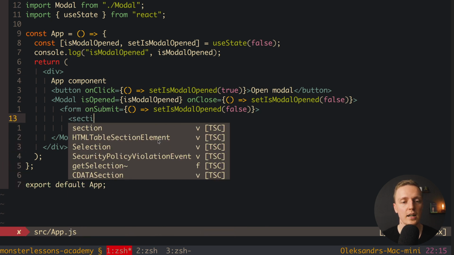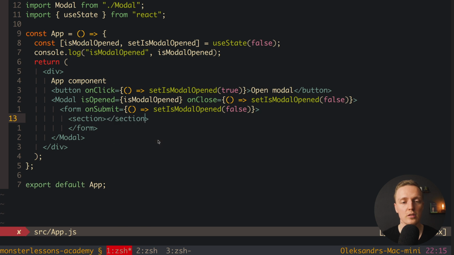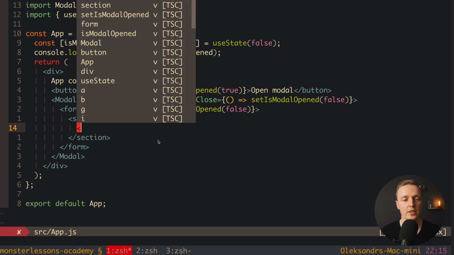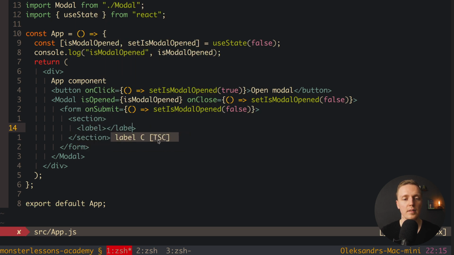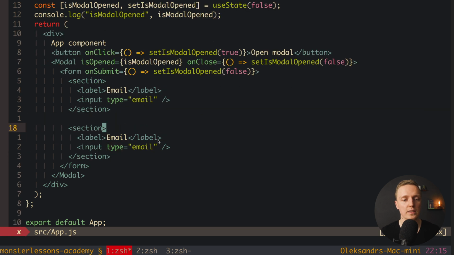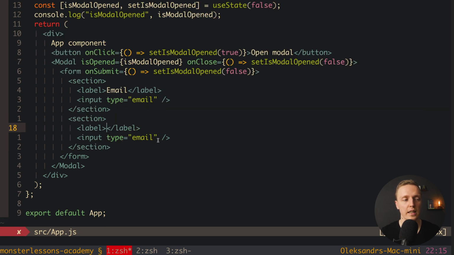First of all, here I will do section because I want to add both label and an input. So inside section we need first of all a label, and inside this label let's write email, and now we need an input for our email. This is why here input type, let's say email, and we will just close it, so we won't bind any data here. I will just copy this section once again, and here we will have label password, and here type